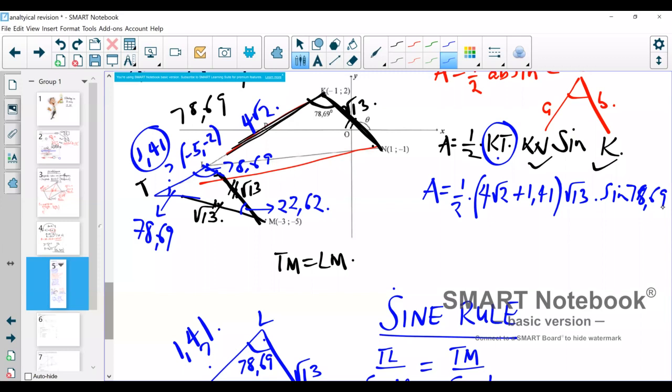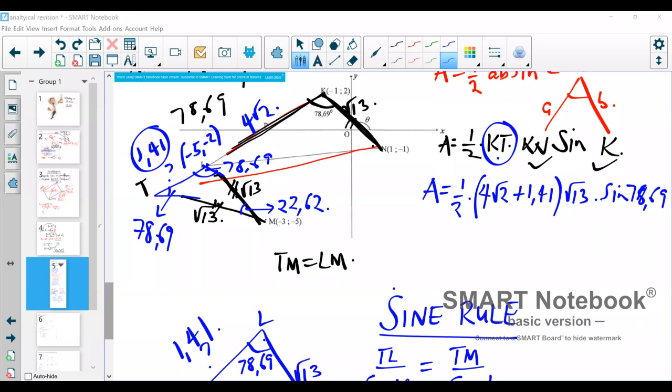78,69. What's my final answer going to be? It's quite a lengthy question. All right. 0,5. All right. Multiplied, or let's just open a bracket. 4 root 2. 4 square root of 2 plus 1,41. I'm going to try something else quickly. All right. And we must get the same answer. Times square root of 13. All right. Times sine